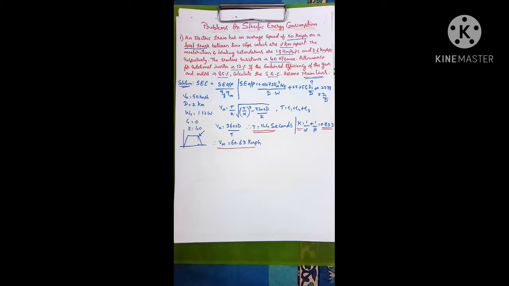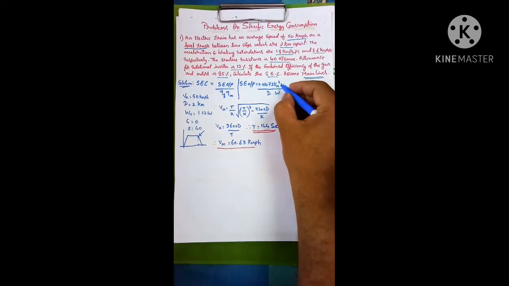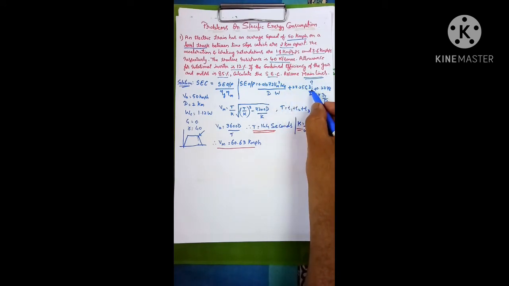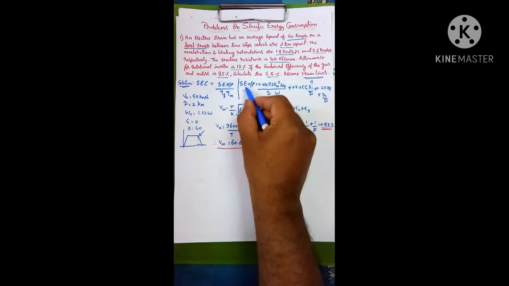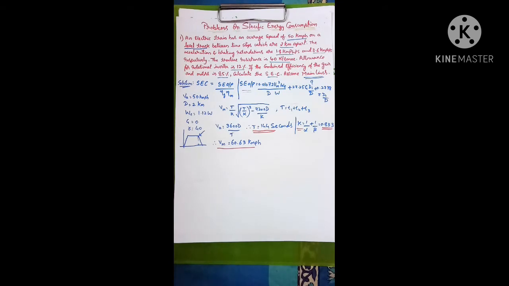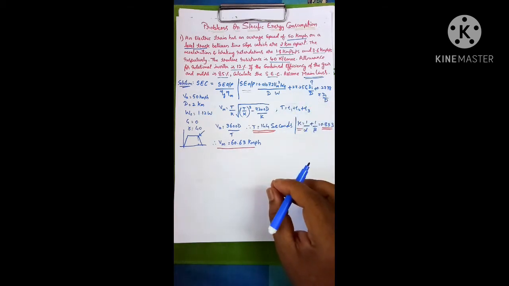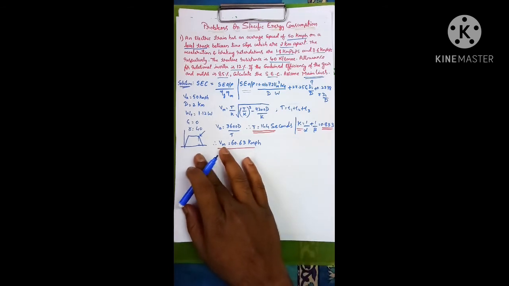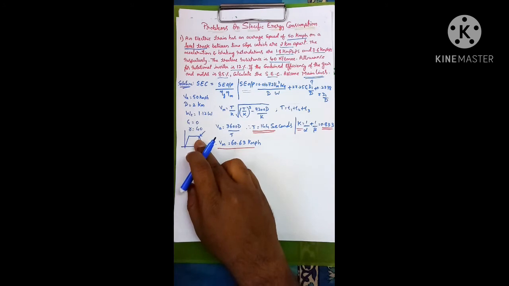So one term has been identified here. Next you need to find D1. D is given, Vm we got, so we find D1. After finding D1, you apply it in this formula so that we can find specific energy consumption. So how to find D1? D1 is the distance traveled by the train during which we have given the electrical supply. In the trapezoidal curve we give the electrical supply for acceleration as well as for the free running period, right?